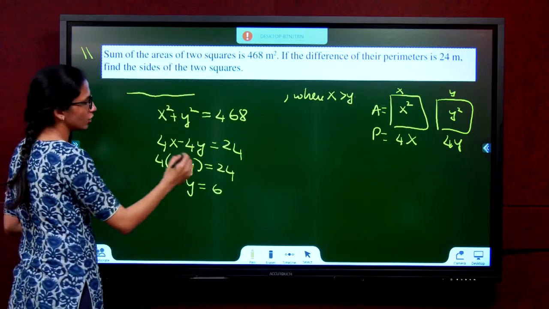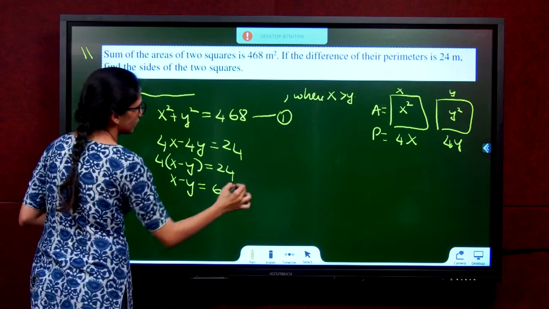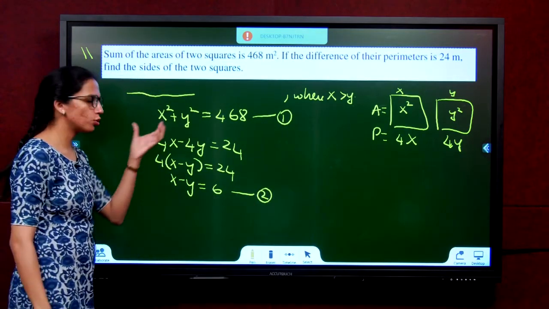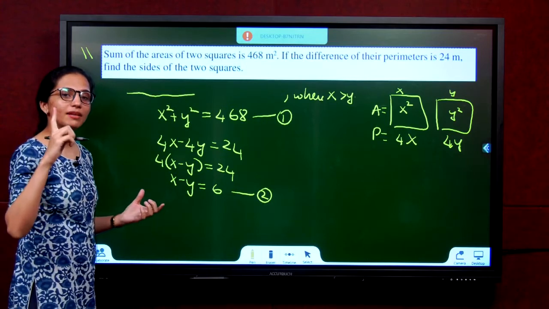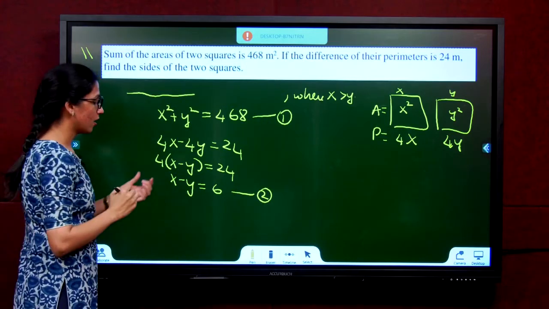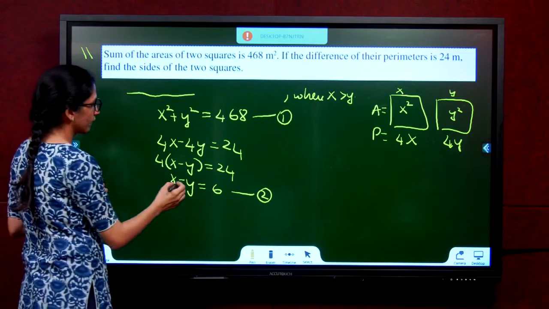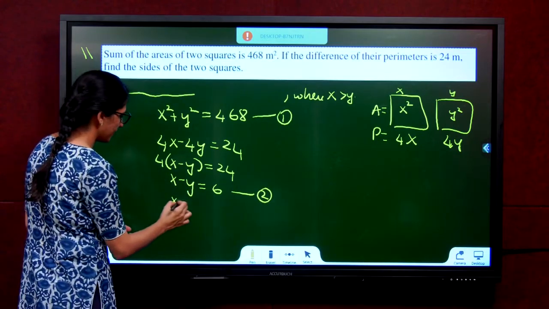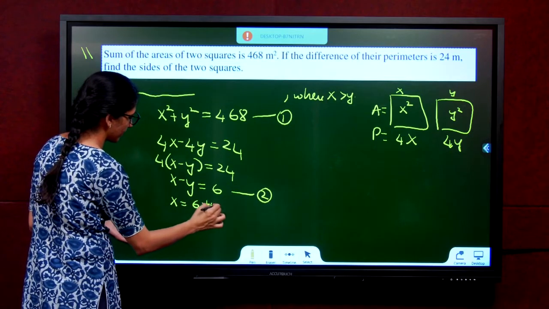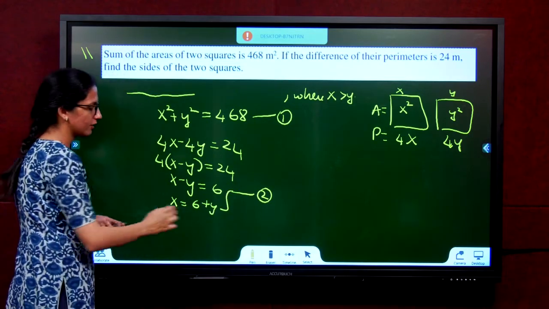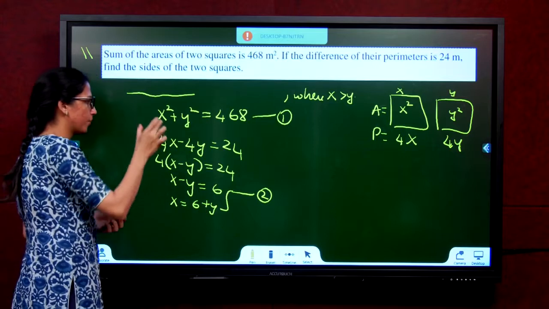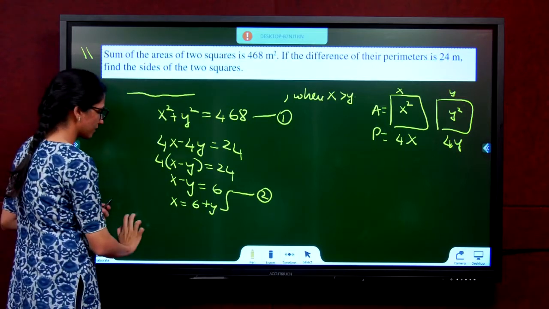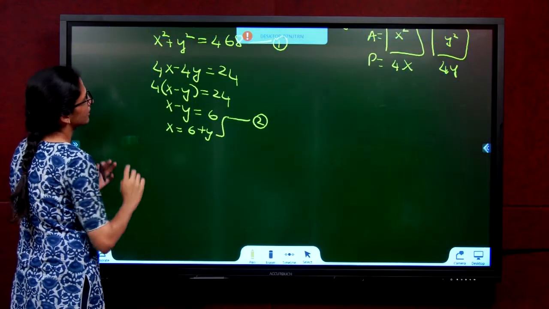Okay. So now how do we do this? You have two equations. We already learned this in the previous section also. When you take two variables, a quadratic equation can be made only of one letter. So what to do here? We will take either in terms of x or y. What will x be? 6 plus y. So I will take 6 plus y and put it in the place of x. See carefully what happens next.